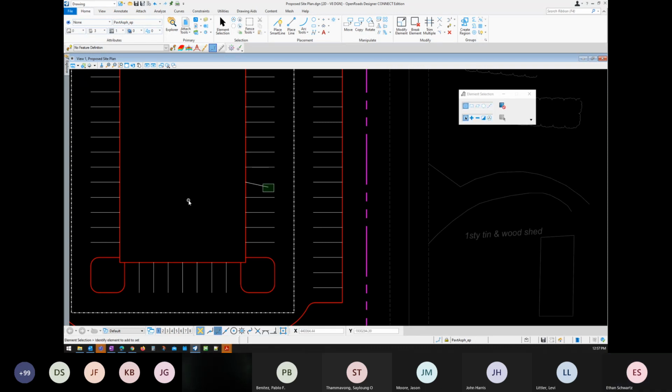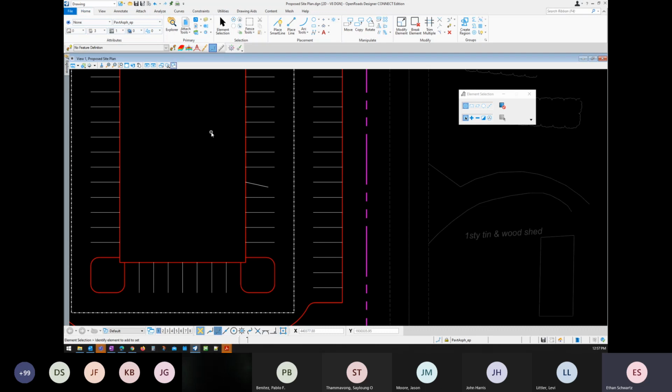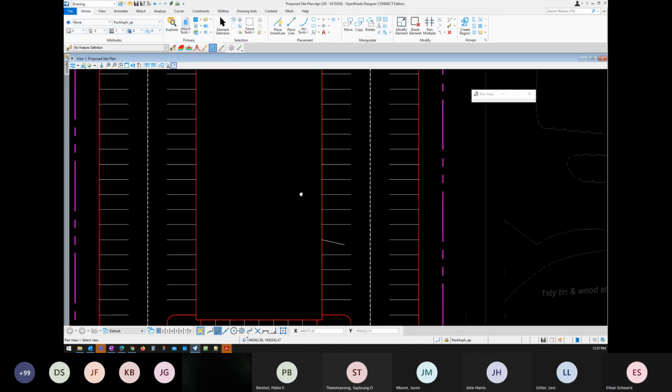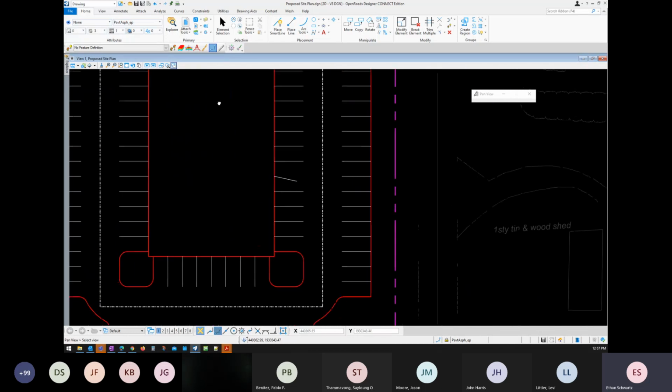There we go. Why isn't it working? Pan drag. Oh, I know why, because I have it set to X button 1. So that's apparently my X button one. Pan drag is this. That's not the one I want. I want,